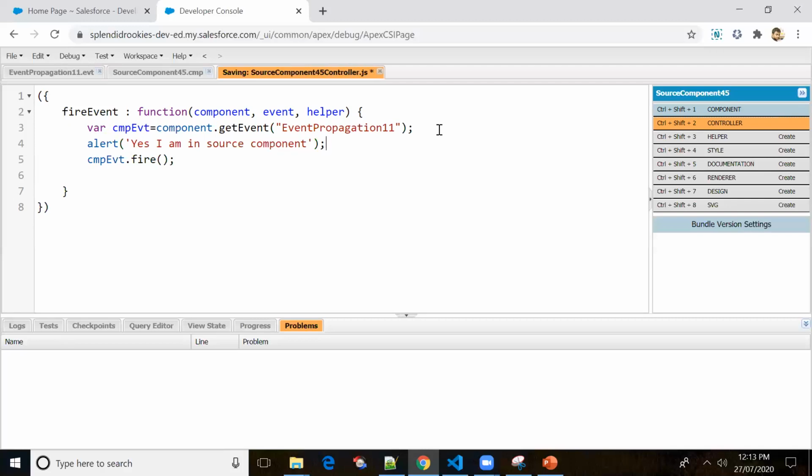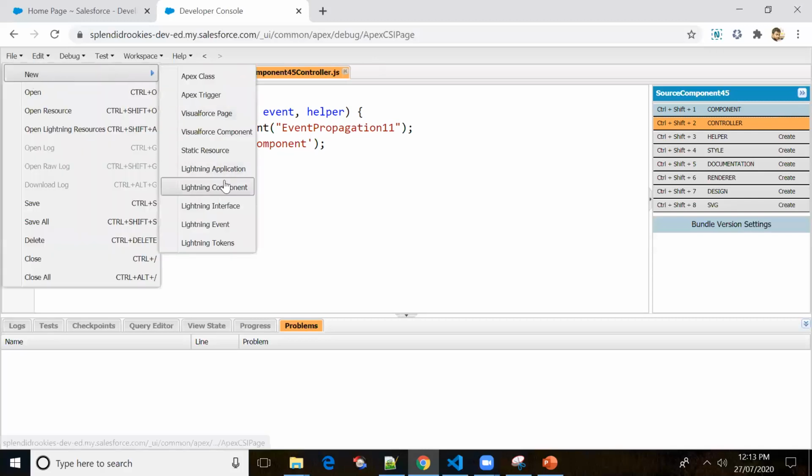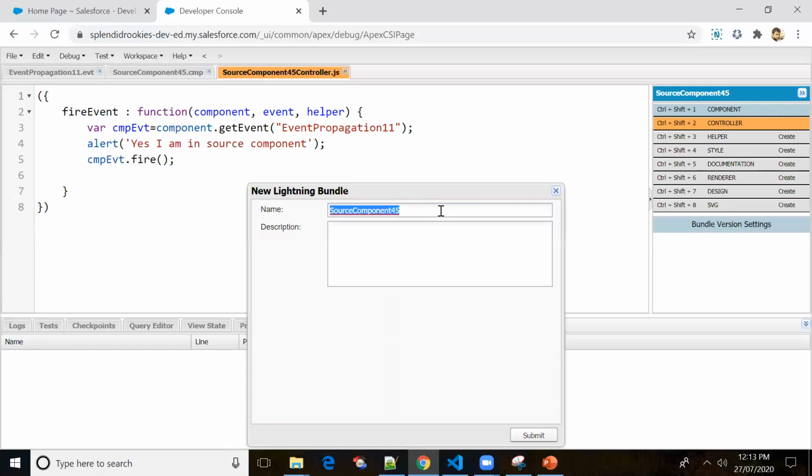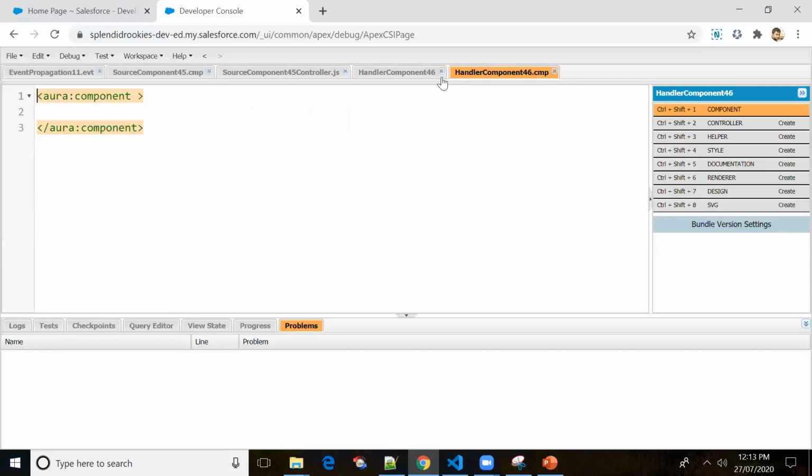Next we will create one more component, handler component 46. Let me click on submit. Now I'll be handling the event here.